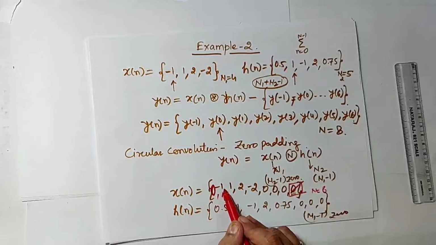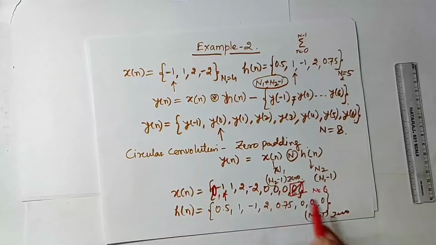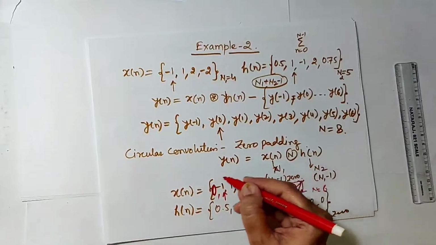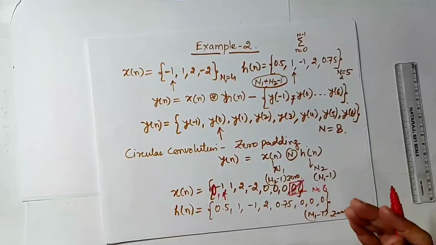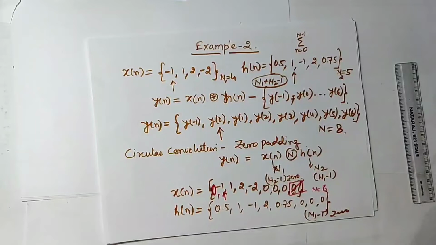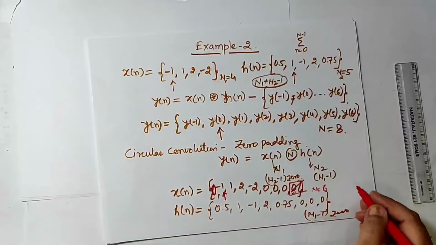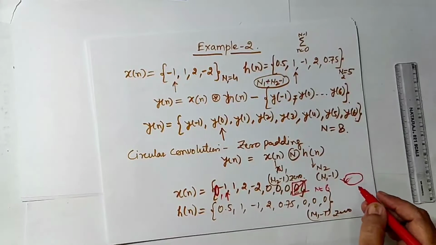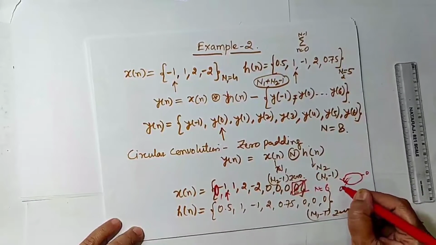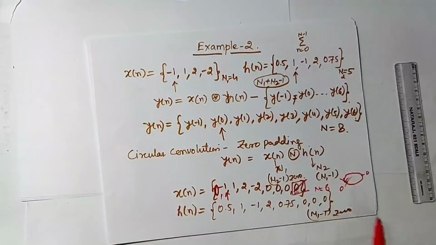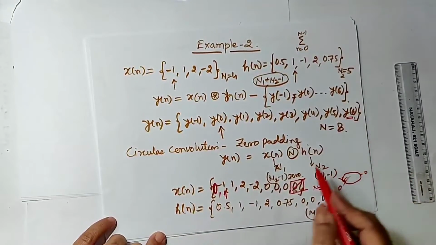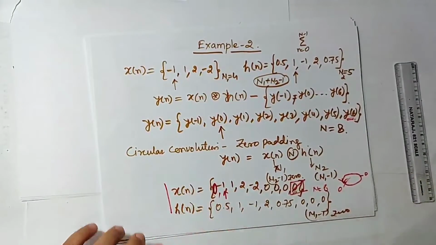Now it is from 0, 1, 2, 3, 4, 5, 6. And instead of placing at 7, we'll place it at minus 1. And 0 is the management of the overlapping. So that does not make any difference with the circular shift when we are taking this periodic sequence in a circular shift for circular convolution. So whether 0 is here or before the sequence, it does not make any difference. But we'll take this position of 0 due to this y6 putting before this. Now the sequence becomes like this.